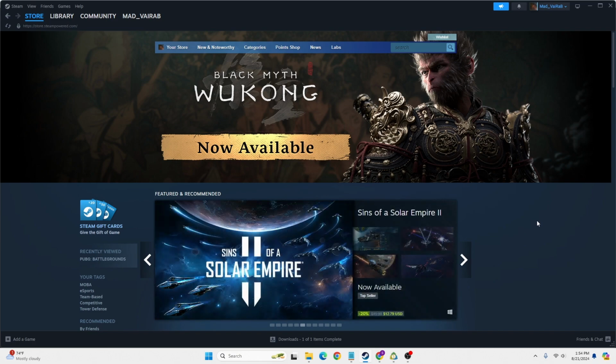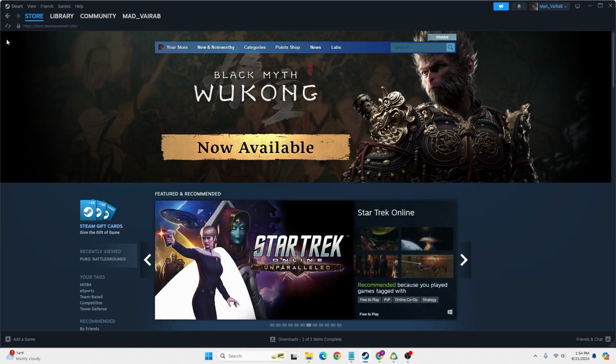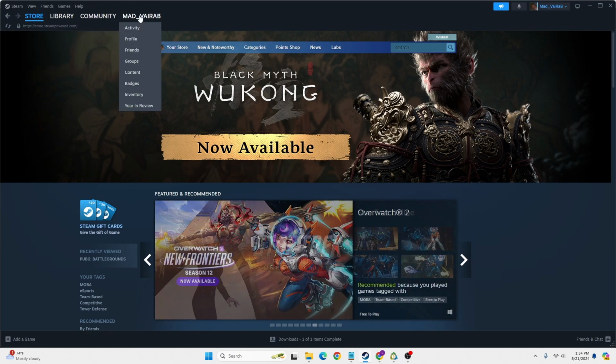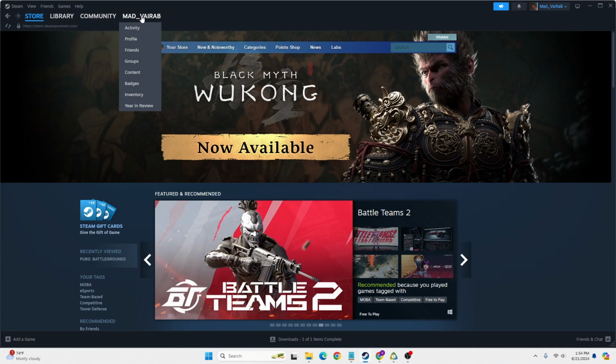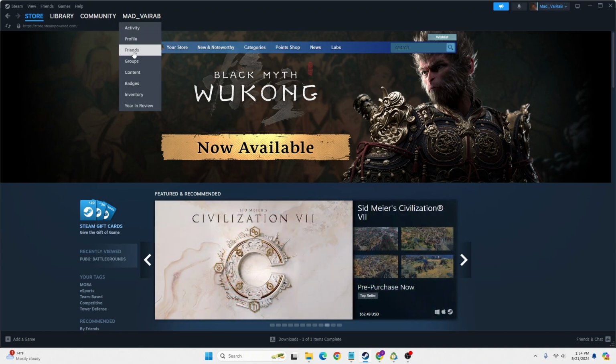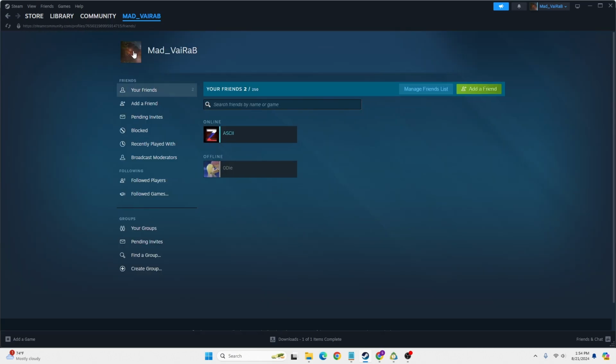And in order to proceed to view your followed games over here, at the top left corner of the screen you can see a bunch of options available for us. Hover over your username over here, you can see your username available for us at the top left corner of the screen. And on the username, when we hover over here, a drop down menu like this will appear in your case as well. Click on the friends option over here, and when this panel appears guys, at the left